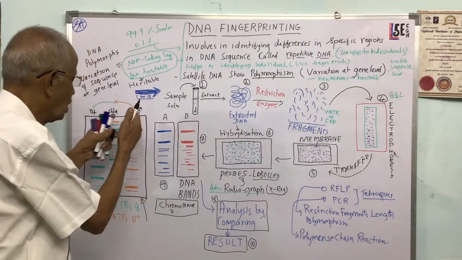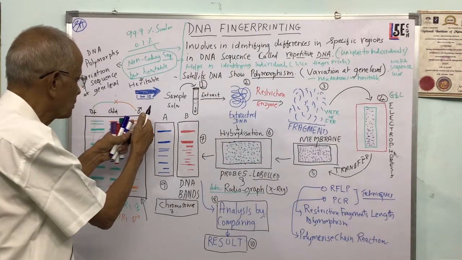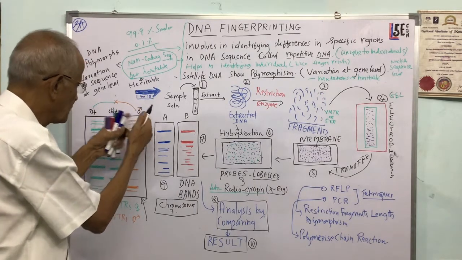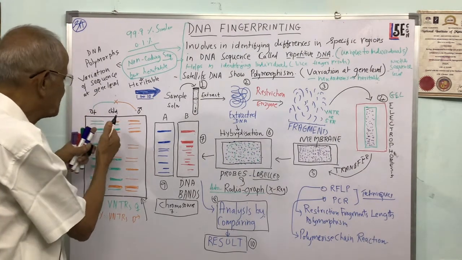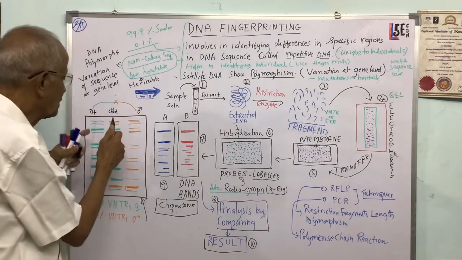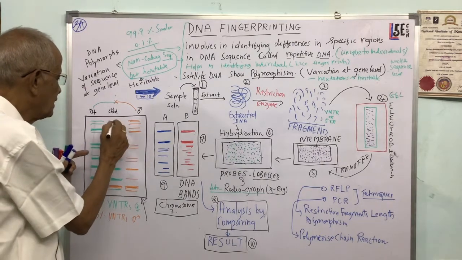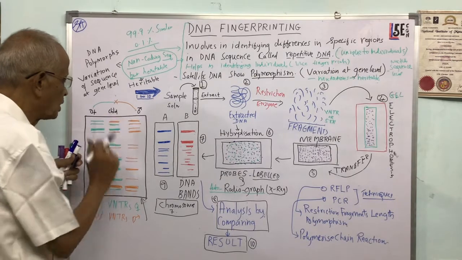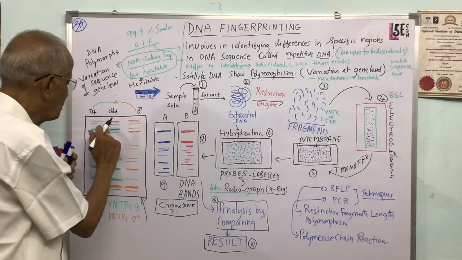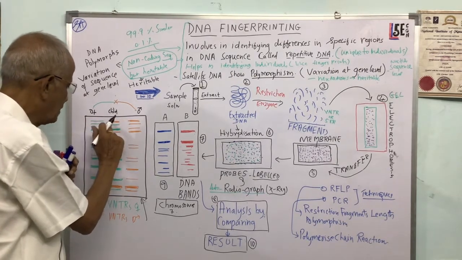for the child. So one haploid set from the father, a haploid set from the mother will come, and then the child will be shown here. You see, if you look at it, there is one paternal part of it. This is the male paternal part of it. One band is from the female or the mother.